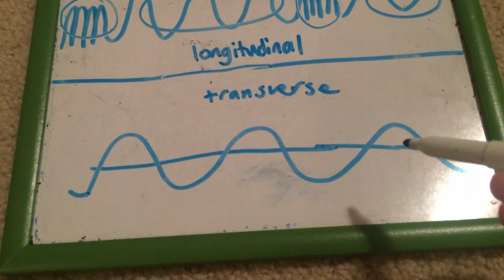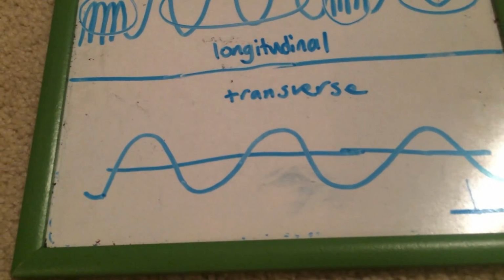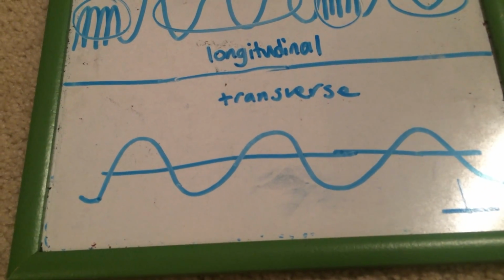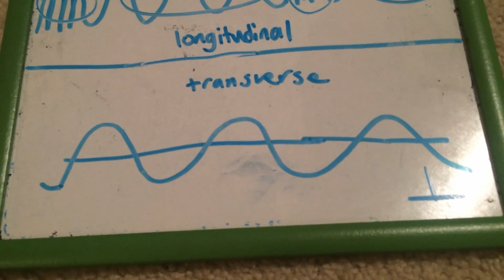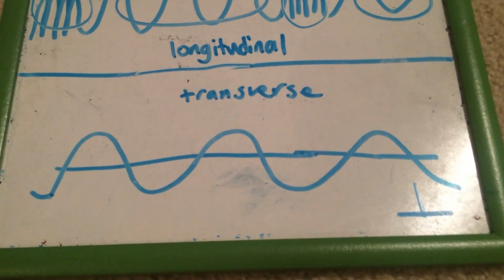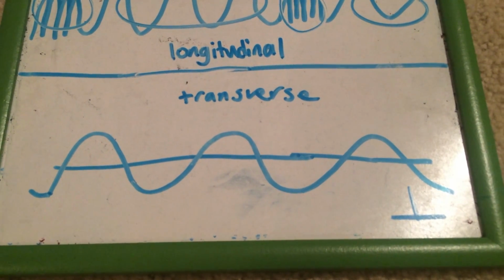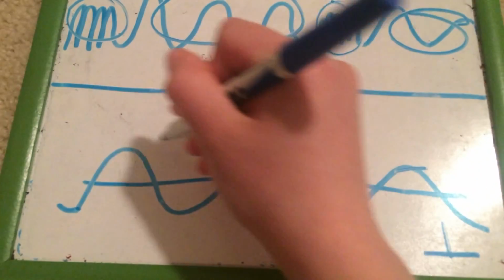Transverse waves, on the other hand, displace particles perpendicular to the direction that the wave moves. Like longitudinal waves, particles do not move along the wave. Instead, they oscillate above and below their equilibrium positions. Transverse waves, though, have crests and troughs. A crest, right here, here, and here,